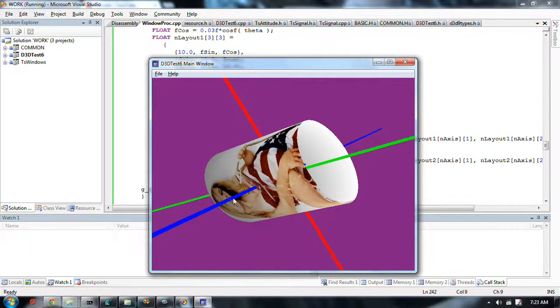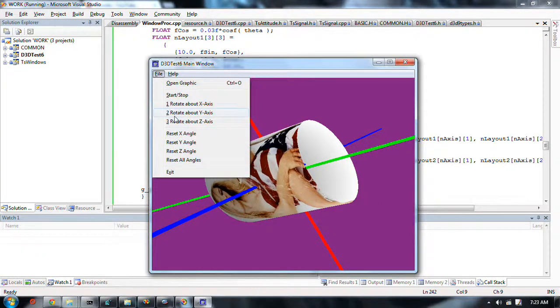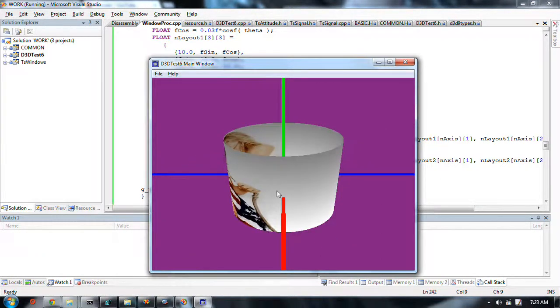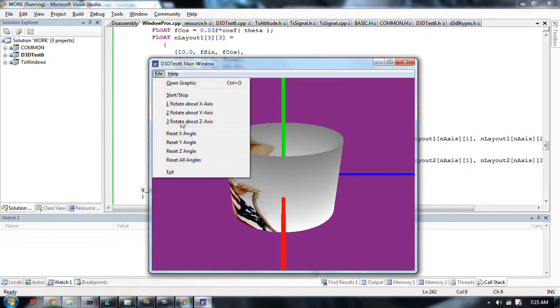Any rotations about Z are a problem because our view is not perpendicular to Z. See, Z is not flat like X and Y are flat. So when we rotate this world about Z, no matter what, even if it's from this position,